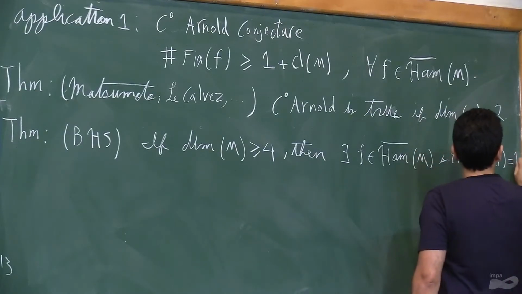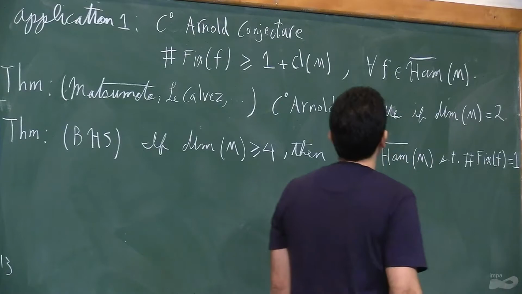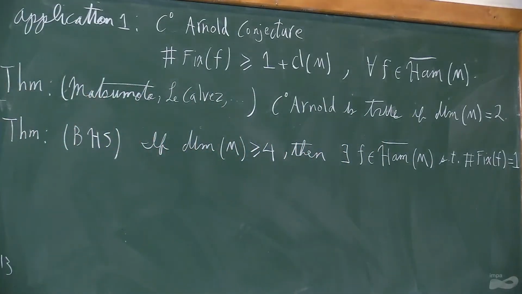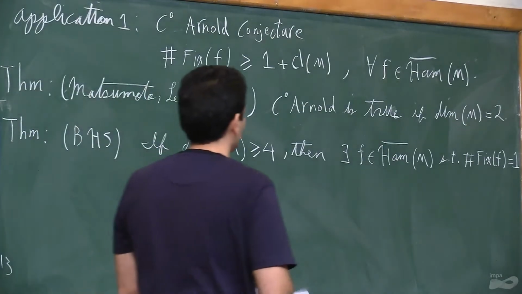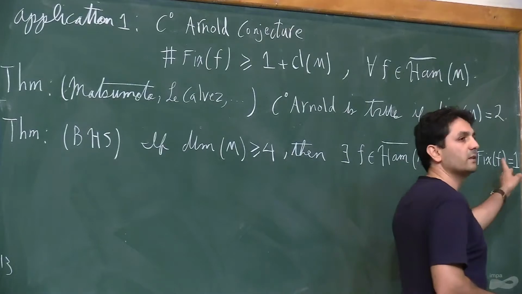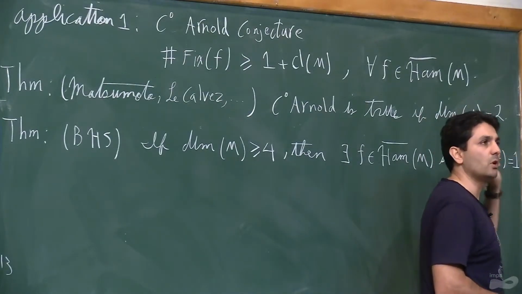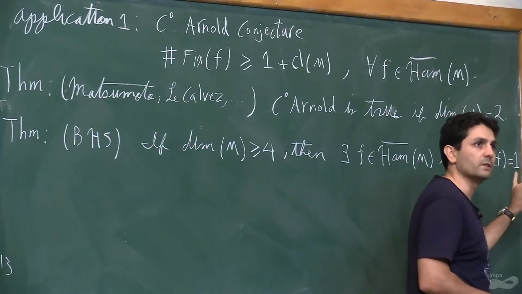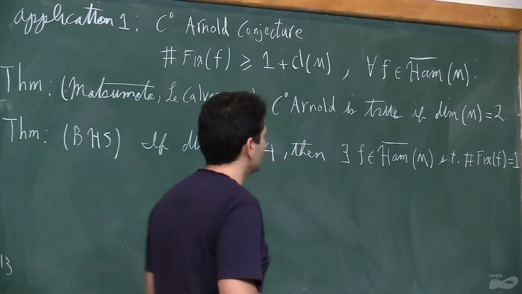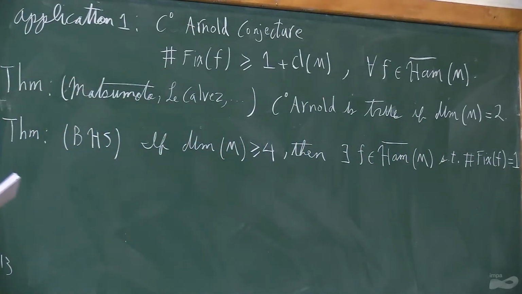It's exactly 1. Okay, so the conjecture, the C0 version, if you just want to count fixed points, is just far from true. It's about as far as it could get from true. And maybe an observation should be that one could show that there has to be at least one fixed point. There's always one fixed point for a Hamiltonian homeomorphism, but you could not do better than 1. Okay, so the conjecture is false, and